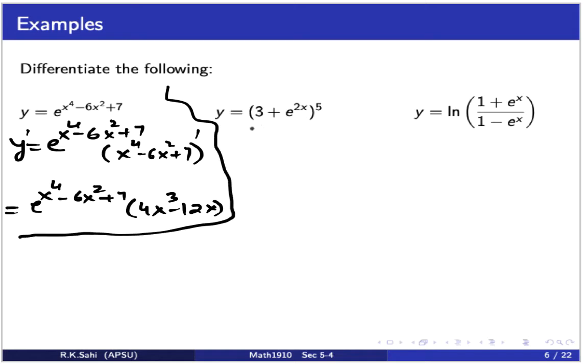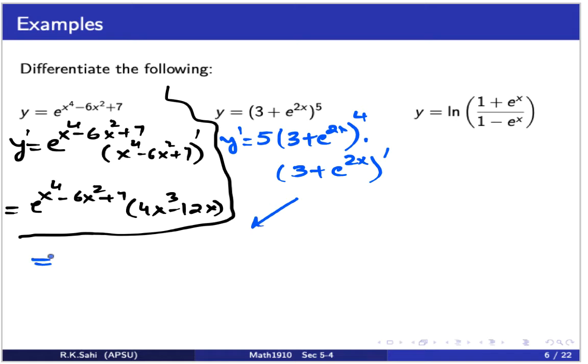Let's look at the next expression. Y equals 3 plus e to the power 2x, the whole to the power 5. So here, the function inside is raised to a power. So the first thing is we have to apply the differential to the outside function, that means to the power, which is 5, and then you do the differential of the inside function. Okay, so let's do that. Y prime is, we'll be doing chain rule, guys, remember that. 5 times 3 plus e to the power 2x to the power 4 times differential of 3 plus e to the power 2x,